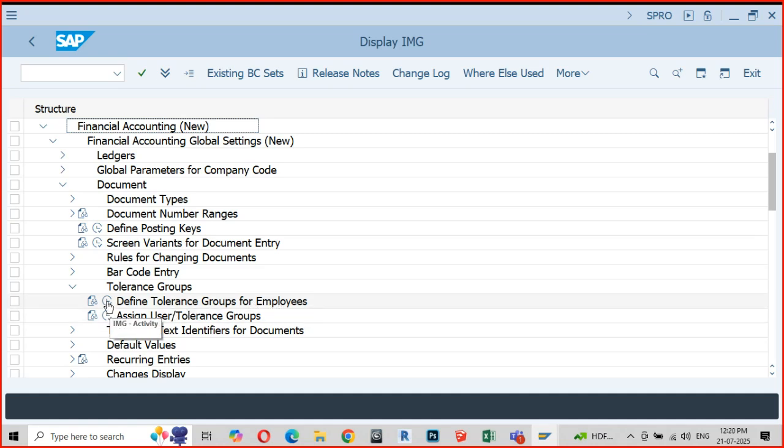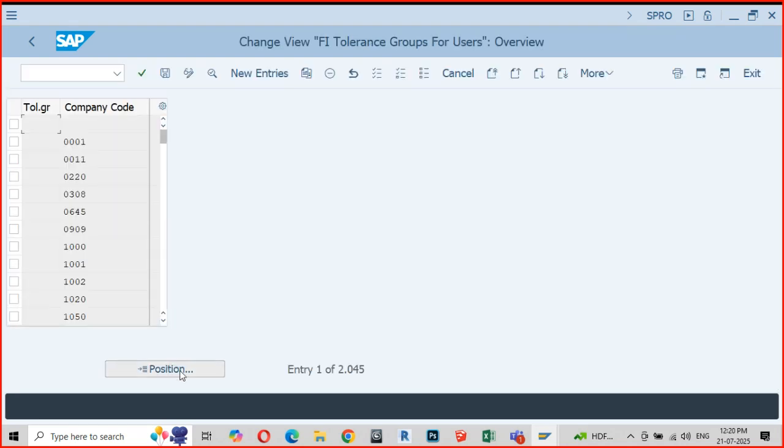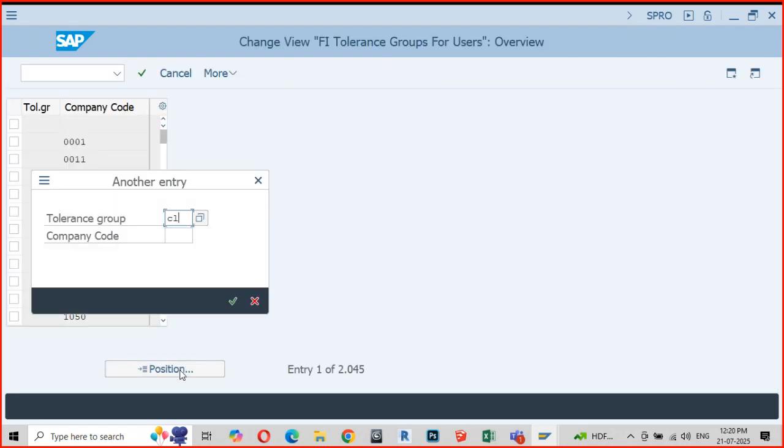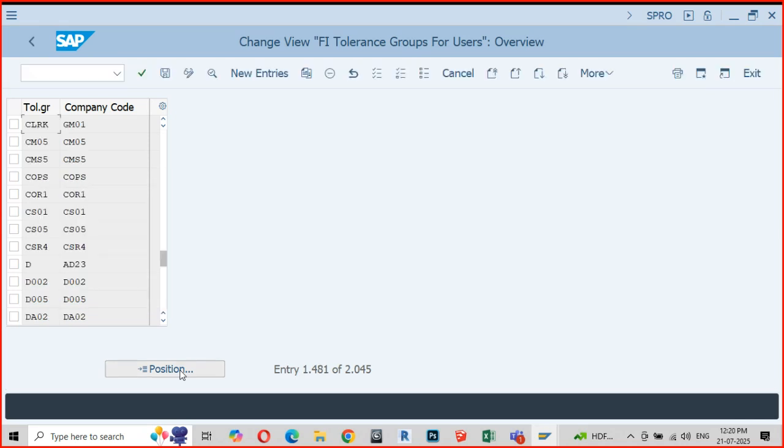Now I'll define a tolerance group for employees. Let us say we have something called a clerk, CLRK. Oh, I already have it.